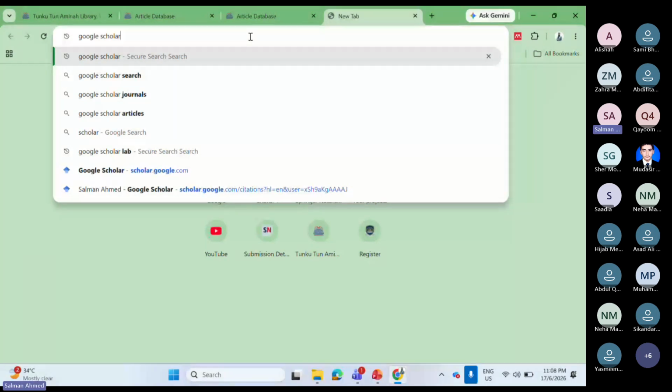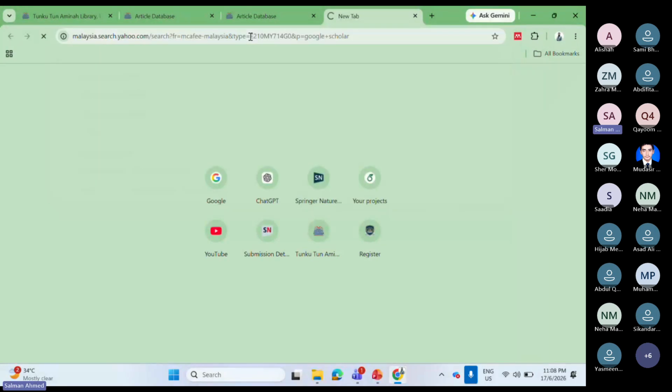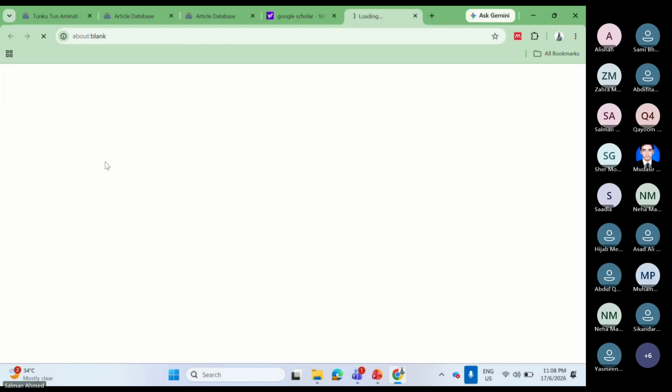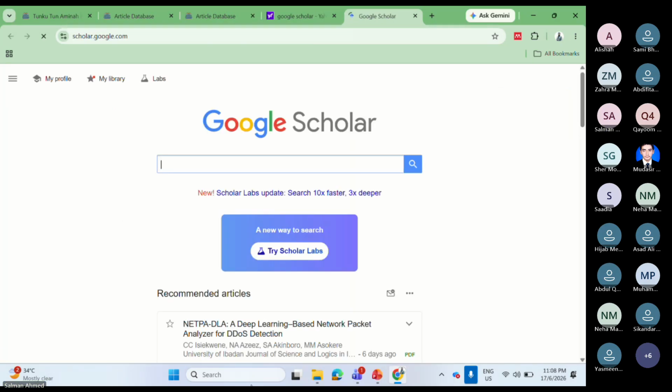So we do a Google Scholar search. When we go here in Google Scholar, we can focus on a particular topic or keywords that we can search.